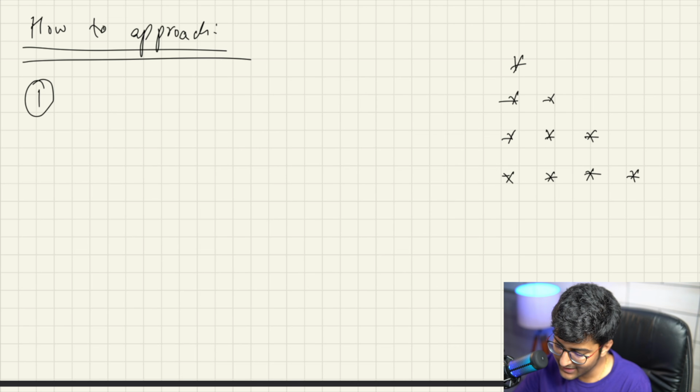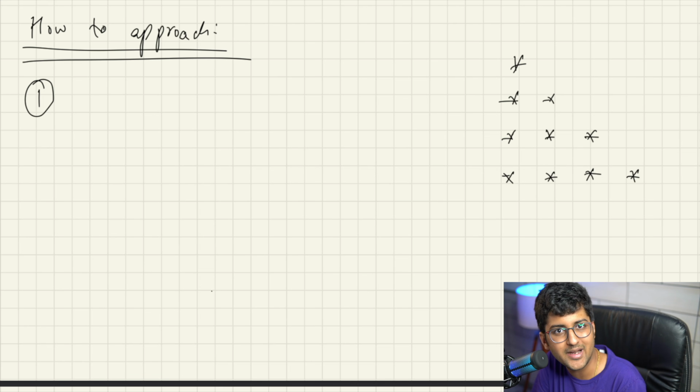In every pattern like this, you will see rows and columns. If I talk about matrices, we already learnt about matrices. In matrices also you have rows and columns. Outer for loop is for rows, inner for loop is for columns. Very simple stuff, right? If you're not aware of it, make sure you check out the arrays video.